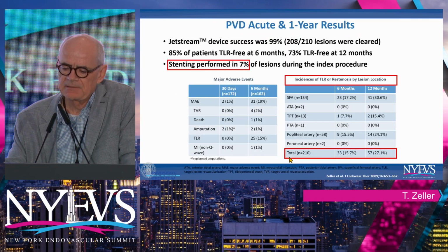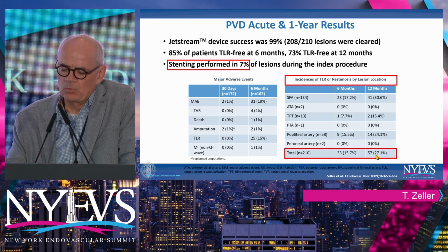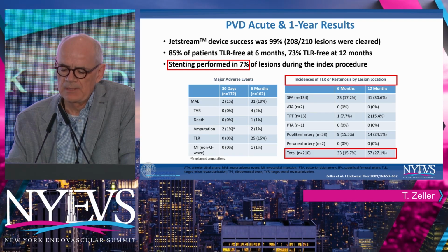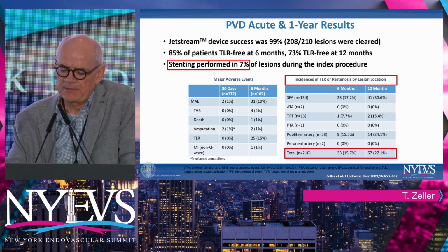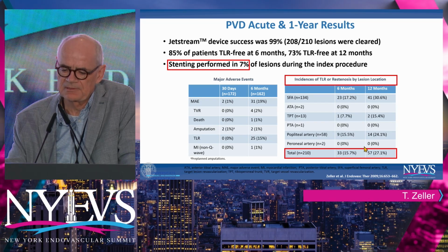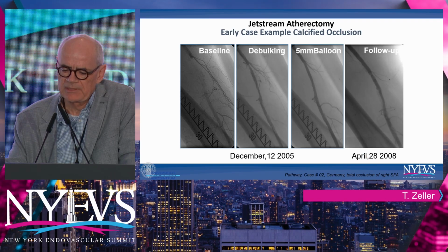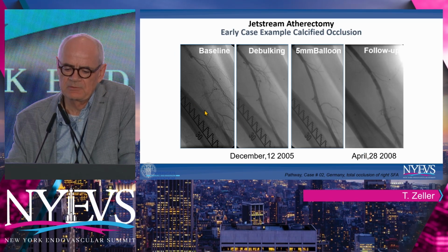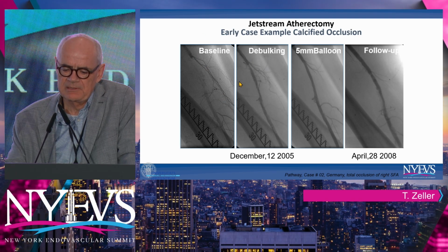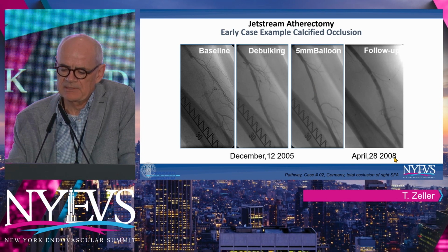And what you can see over here, this is the incidence of reintervention at 1 year, 27%. That's not an optimal outcome, but this was before the DCB era in SFA disease. You can see here the data had been published in 2009, so it's a long time ago. So this is the outcome of atherectomy plus plain balloon angioplasty, just a case example where I see a good indication for front cutting atherectomy devices. This is the result after atherectomy followed by plain balloon angioplasty, and this was the angiographic outcome 3